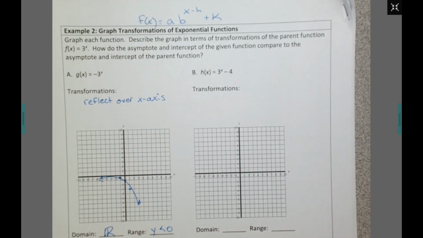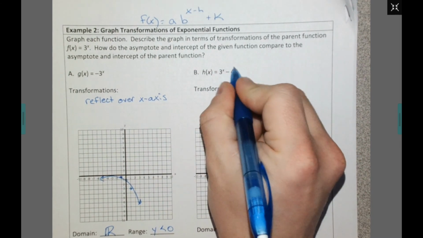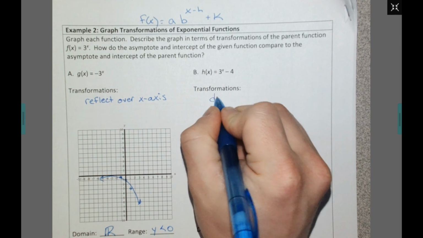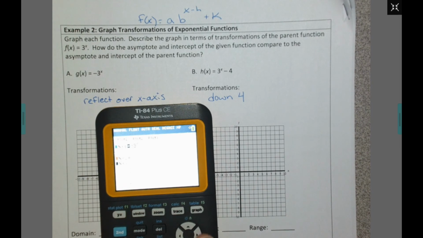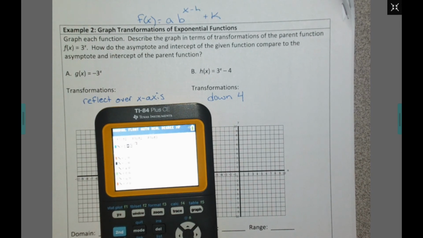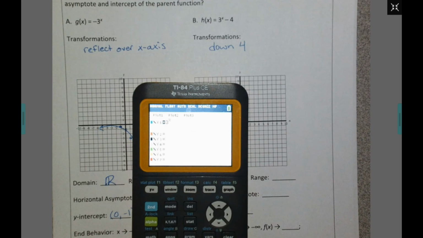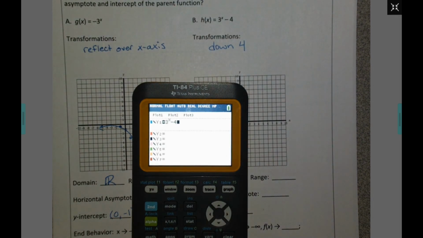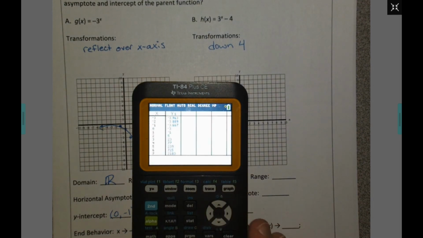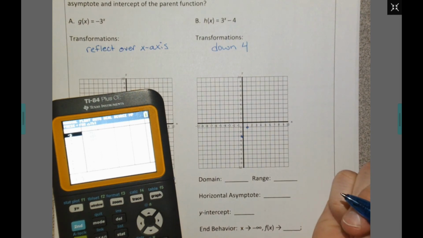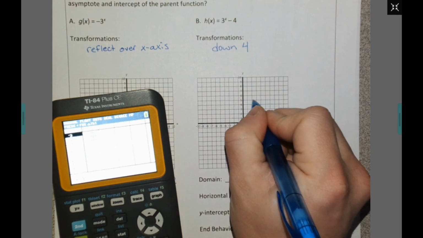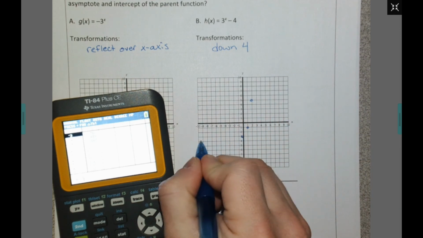Look at B. I want to know what transformations are going on here. Really, the only thing we have going on is the minus 4 on the end, so that tells me to go down 4. Go ahead, type it in. So I got y equals 3 to the x, and then we are going minus 4 on the outside. Go ahead, table. 3 points again, so I got a point at 0, negative 3. I got 1, negative 1, and then we are going to have 2, 5. So we're going to have a curve